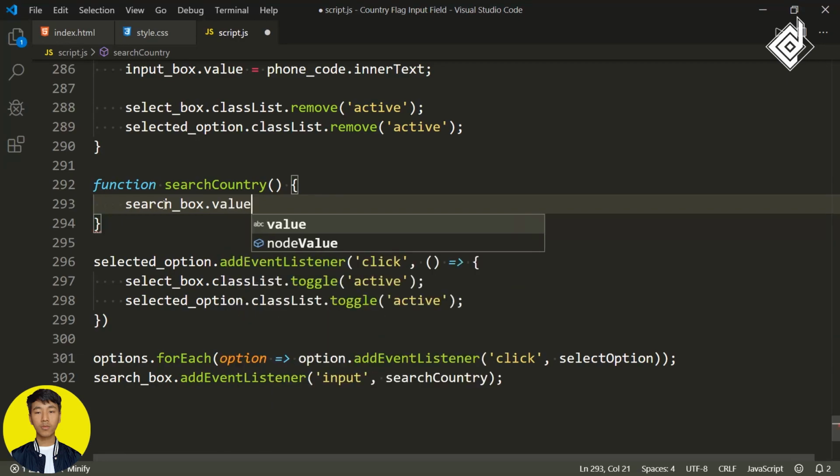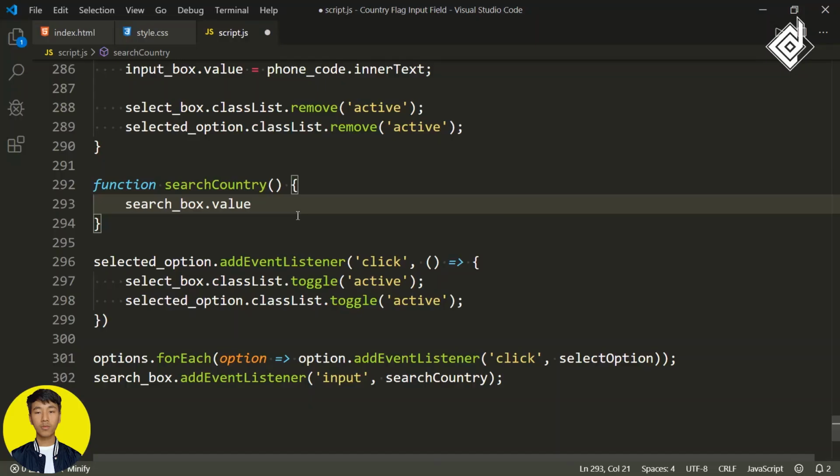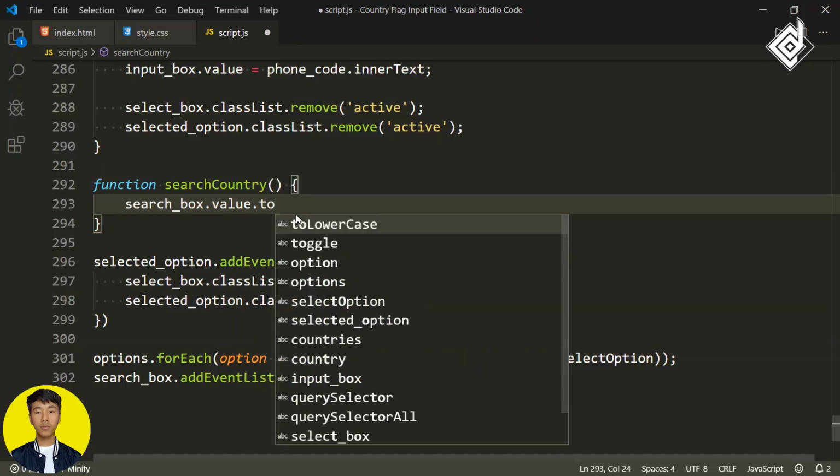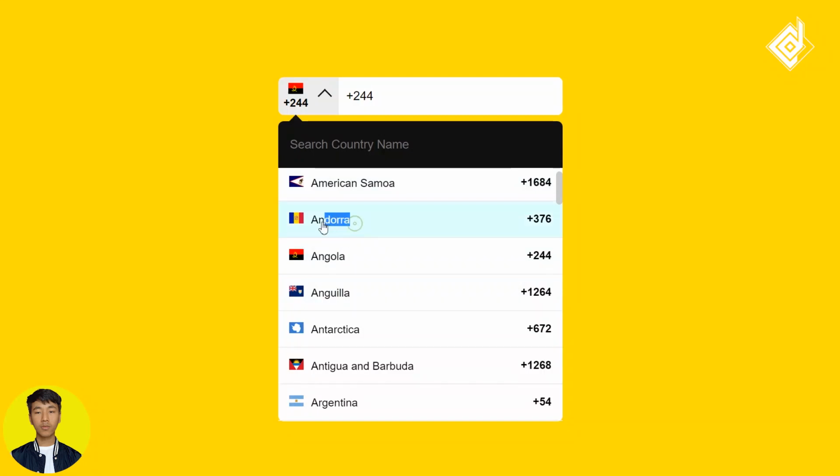So with the help of this code, when a user types any text within that search bar, then you will be able to get that value. Okay, I'm writing .toLowerCase. With the help of this method, you will be able to change all the search query into lowercase. Let's store this value within the variable name searchQuery. Now we need to compare our search query with all the list of country names.